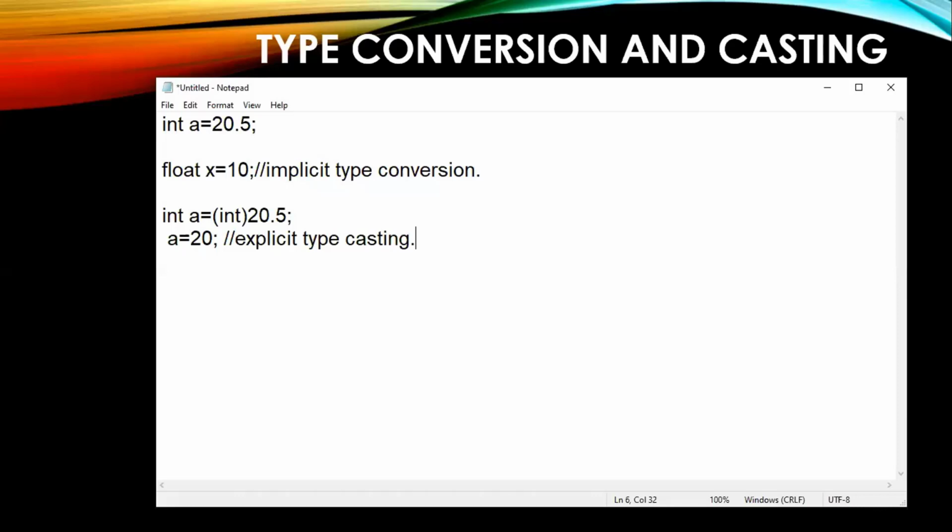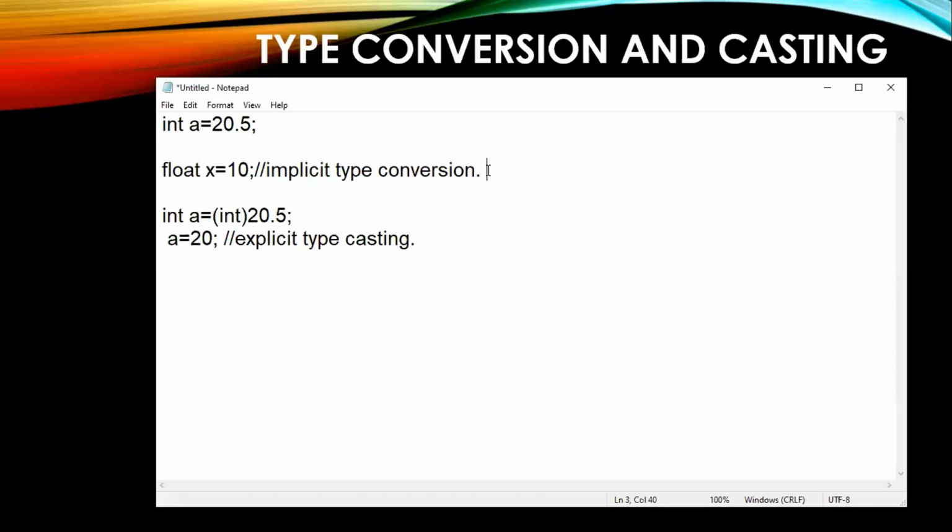Clear with both the names, implicit type conversion, explicit type casting? Shall we proceed further? Yes, sir. One more thing we need to see is, in an implicit type conversion, are we putting a smaller value into a bigger container, meaning bigger space?